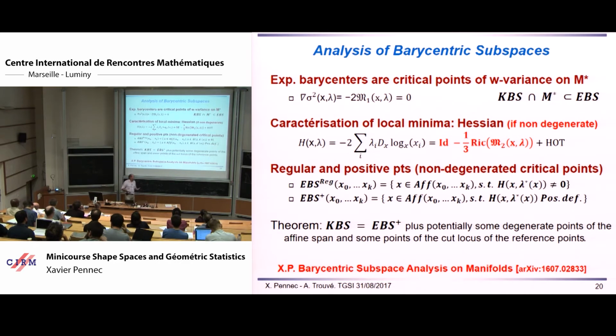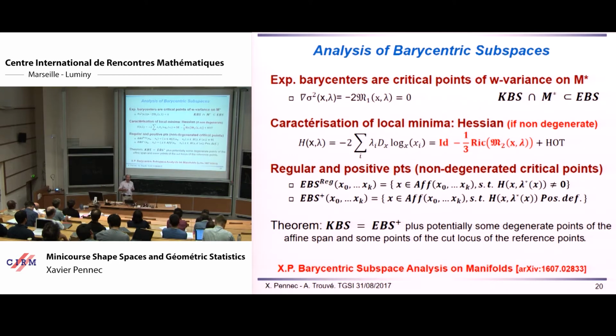So outside the cut locus, we have a clear inclusion property, and we can go one step further. We can try to look at the Hessian matrix to see if it's a local minimum, saddle point, or local maximum. And so actually, what's happening is if we look at the weighted Hessian matrix of the square distance in the